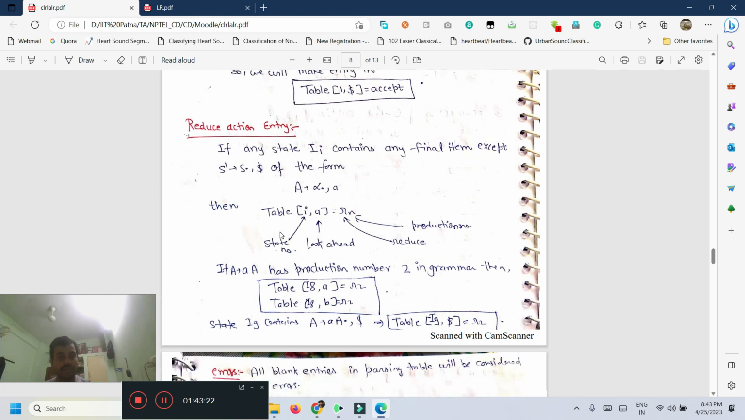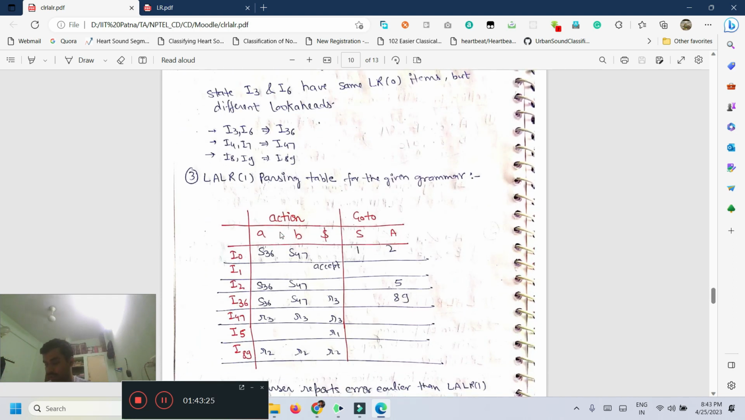Now if we want to create it for LALR1, what we will do is check for different entries that have the same transition but different lookahead. So we will just combine them both. So again we will have action and goto, and we will have states. So there is A, B and dollar, and there is S and A. So I0,